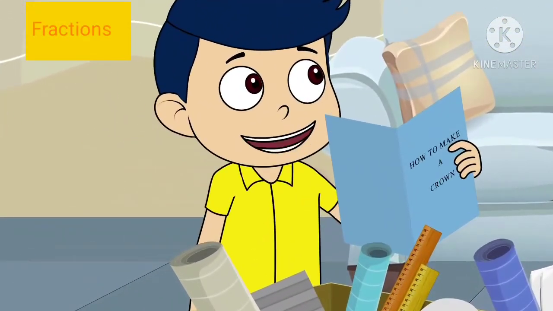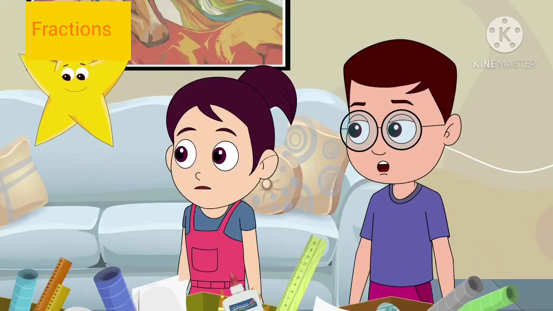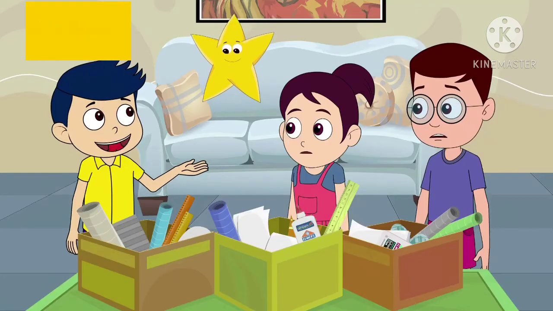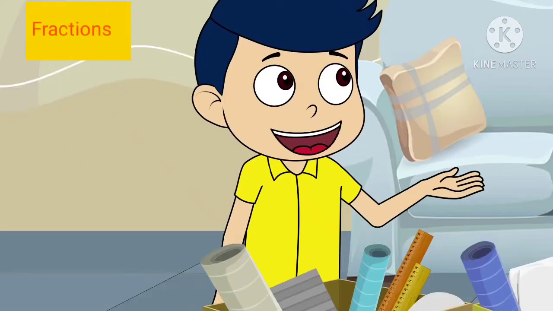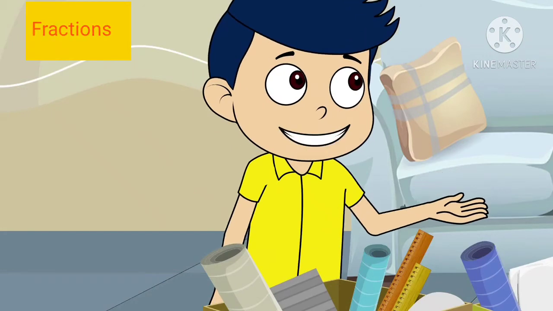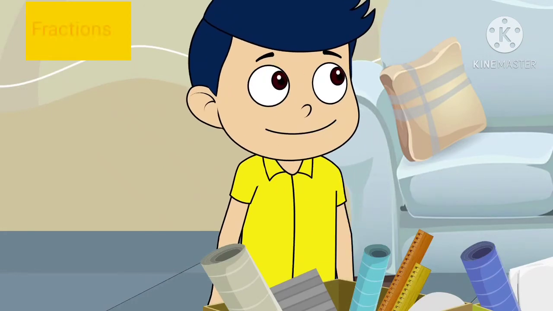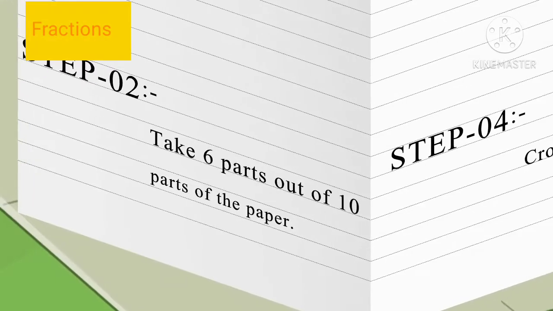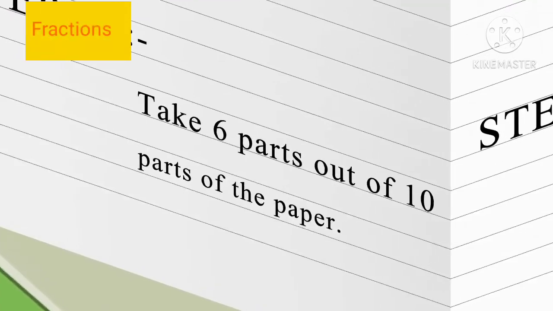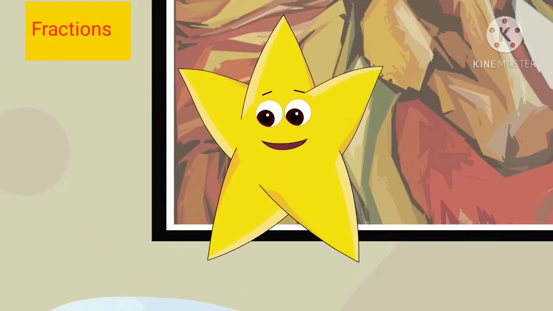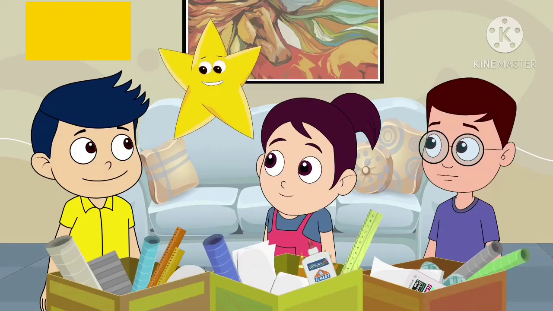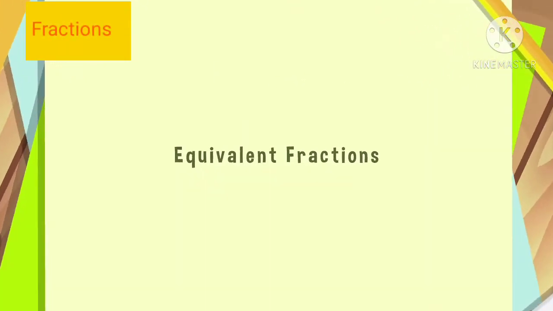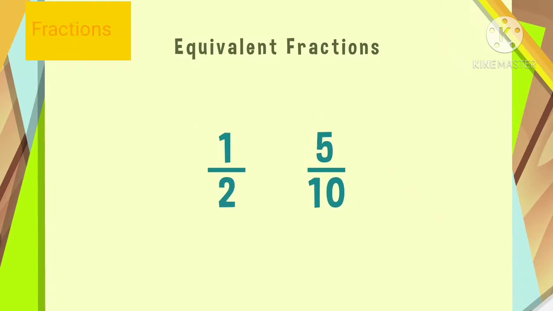But is this an equivalent fraction? Whoa! Where did you hear that term? I remember. In class some days back, our teacher was telling us something about fractions. And then she said this term. Let me tell you why. This crown is made of 6 upon 10 of paper. So, 6 equal parts of the same paper. This is just one fraction. Equivalent fractions involve more than one fraction.